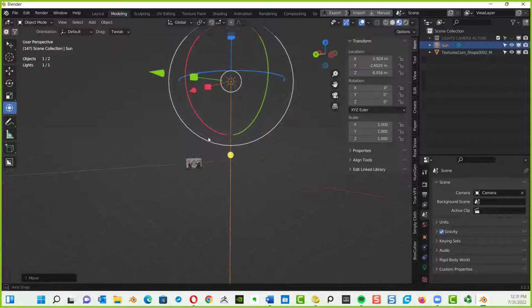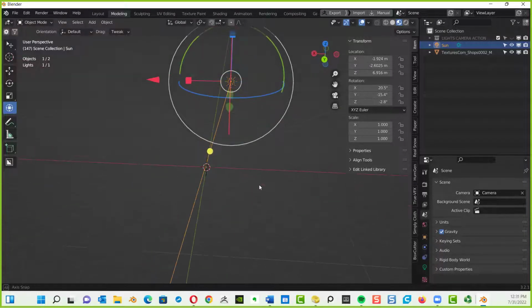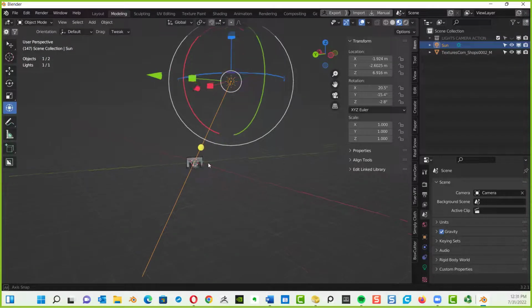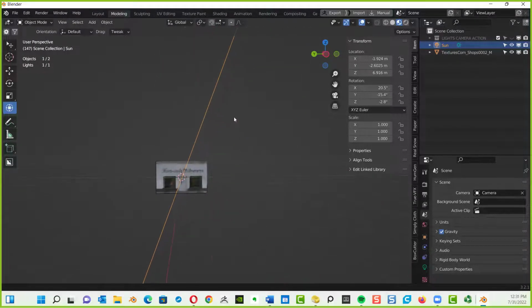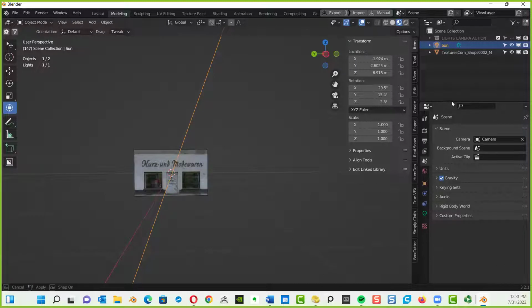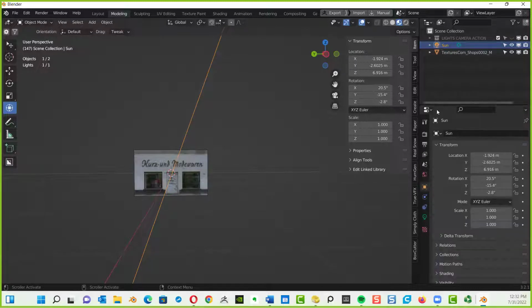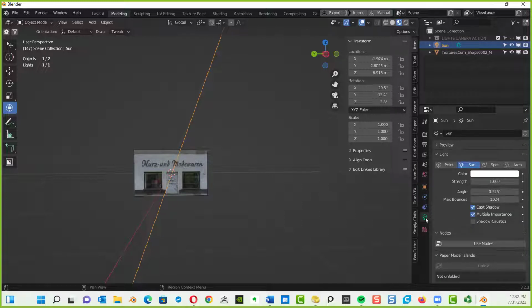And that little ball is showing you the direction of the light. So I'm going to pull the little ball over right toward the building. Okay. All right, so there's my sunlight. Now, how do I improve the brightness of my light source? Well, once the light is targeted, all I'm going to do is hit the light bulb symbol there. And that light bulb symbol shows me the properties of the light.